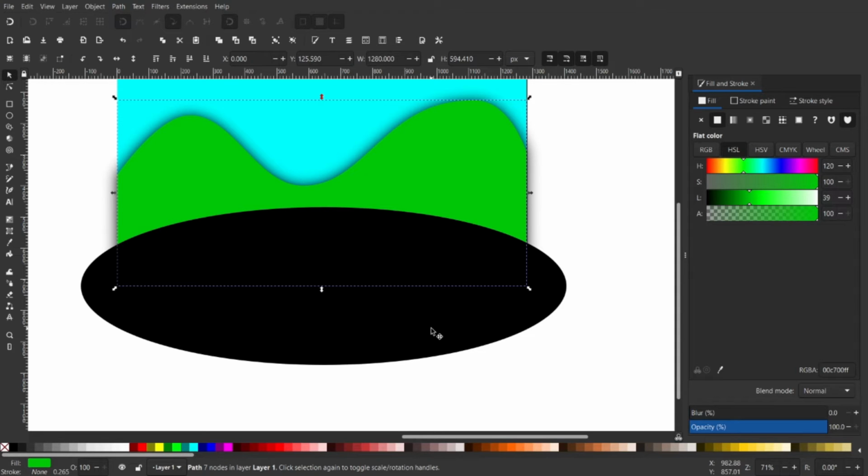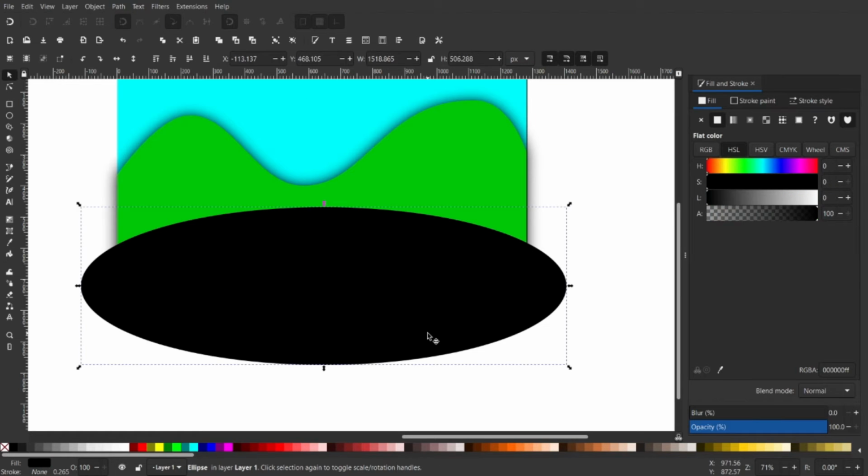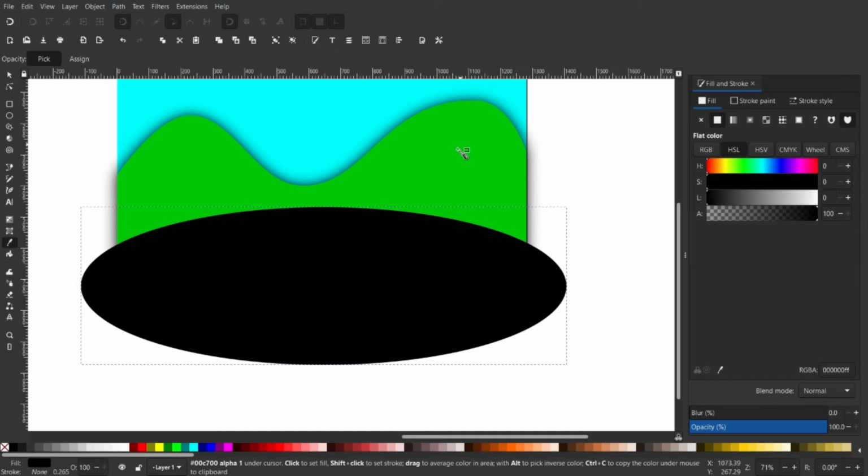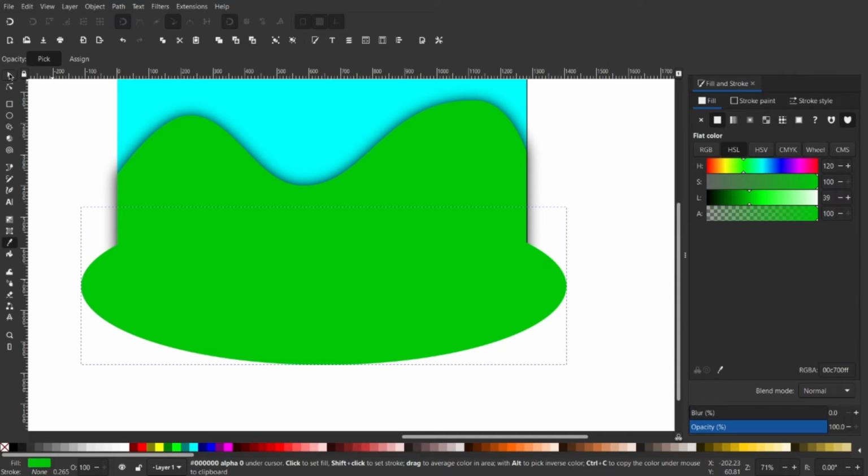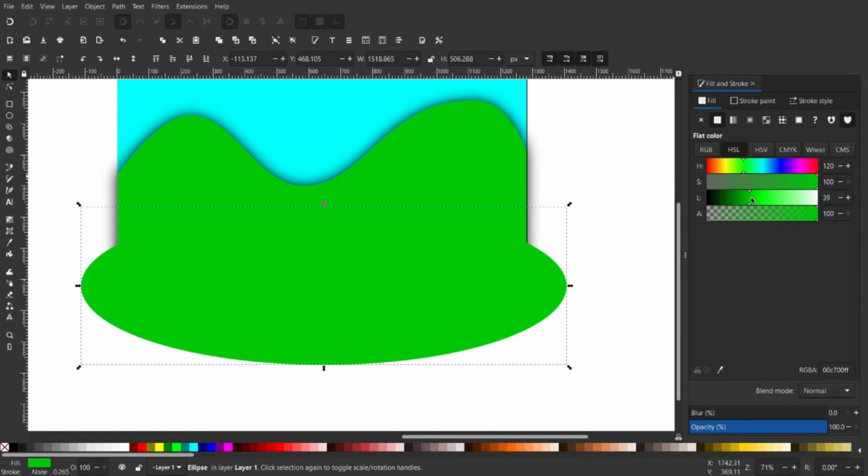Sorry, I apologize. Just click on the black object we just created, then press D on the keyboard and hover your cursor so that you just get the green color of the same we just created. And then on the L column, drag it to the left a little bit to give it a darker shade, and then